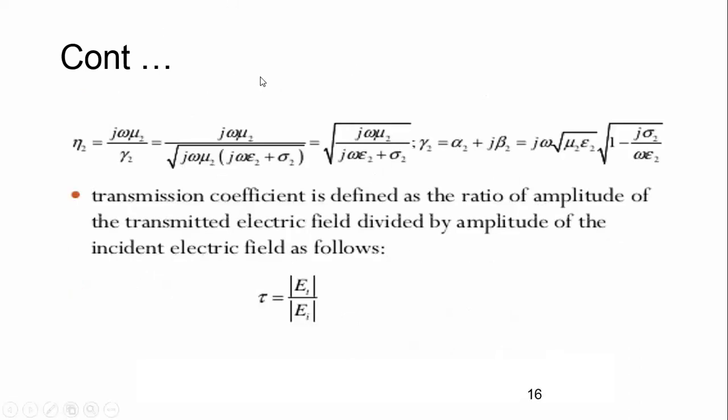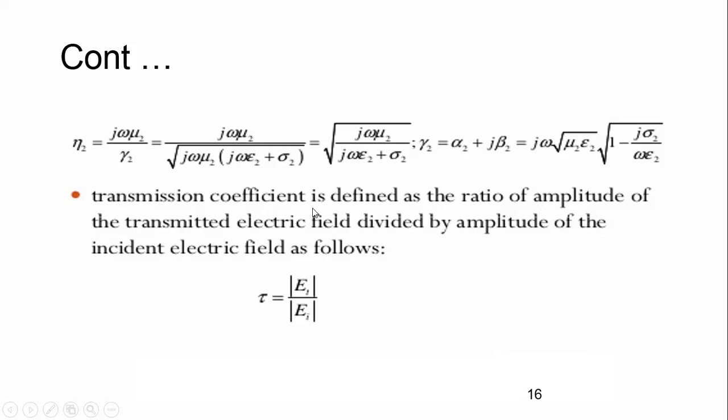Similarly, if you are writing for the other region, that is the characteristic impedance of the other region, eta 2. Again, you need to note down that expression with j omega and mu. Likewise, you can write this everywhere. You can place the notation 2 here for the conductivity, the permeability and the permittivity. And you can find the propagation constant also, alpha 2 plus j beta 2 here. Again, you are writing the expression because this term will become 0.